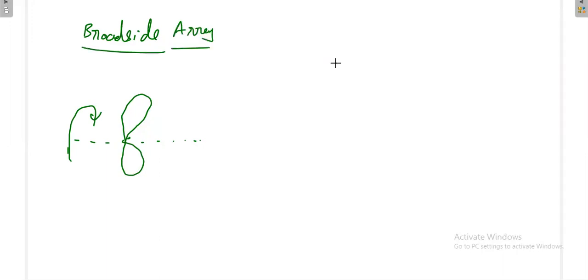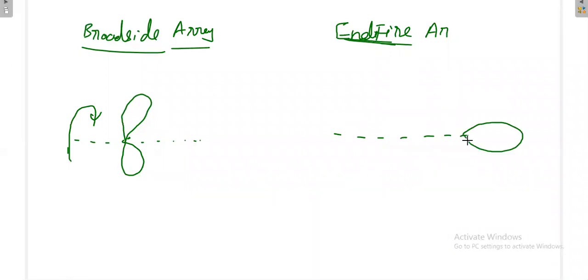Now my question is, the end fire array is giving the radiation in this manner. Again, you have to rotate this also like this for 3D. Here also it is giving you the radiation, but like this. Here also you have to rotate like this. Then which one will have more directivity, sir? End fire or broadside array?